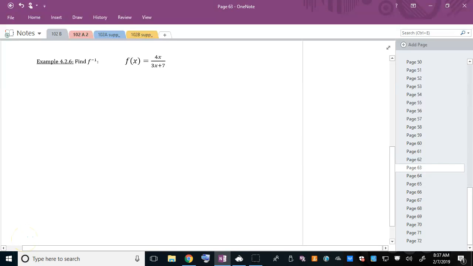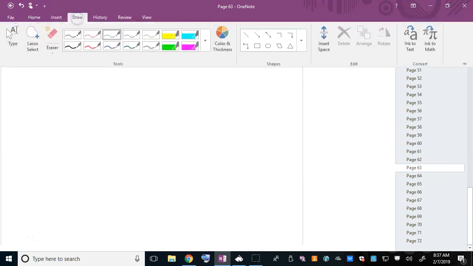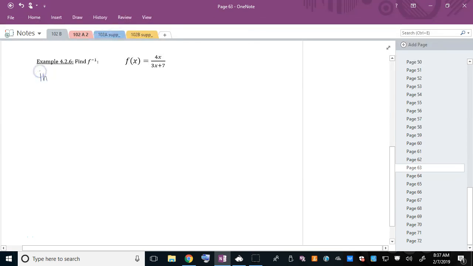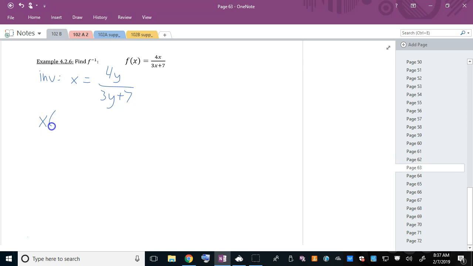Math 102, example 4.2.6. Let's do one more problem of finding inverses. So again, to find the inverse, we swap out the x and the y. Now here, my original problem has two x's, so I do need to make both of them into y's. All right, so once again, I don't like denominators, so as my first step, let's multiply by it, and then